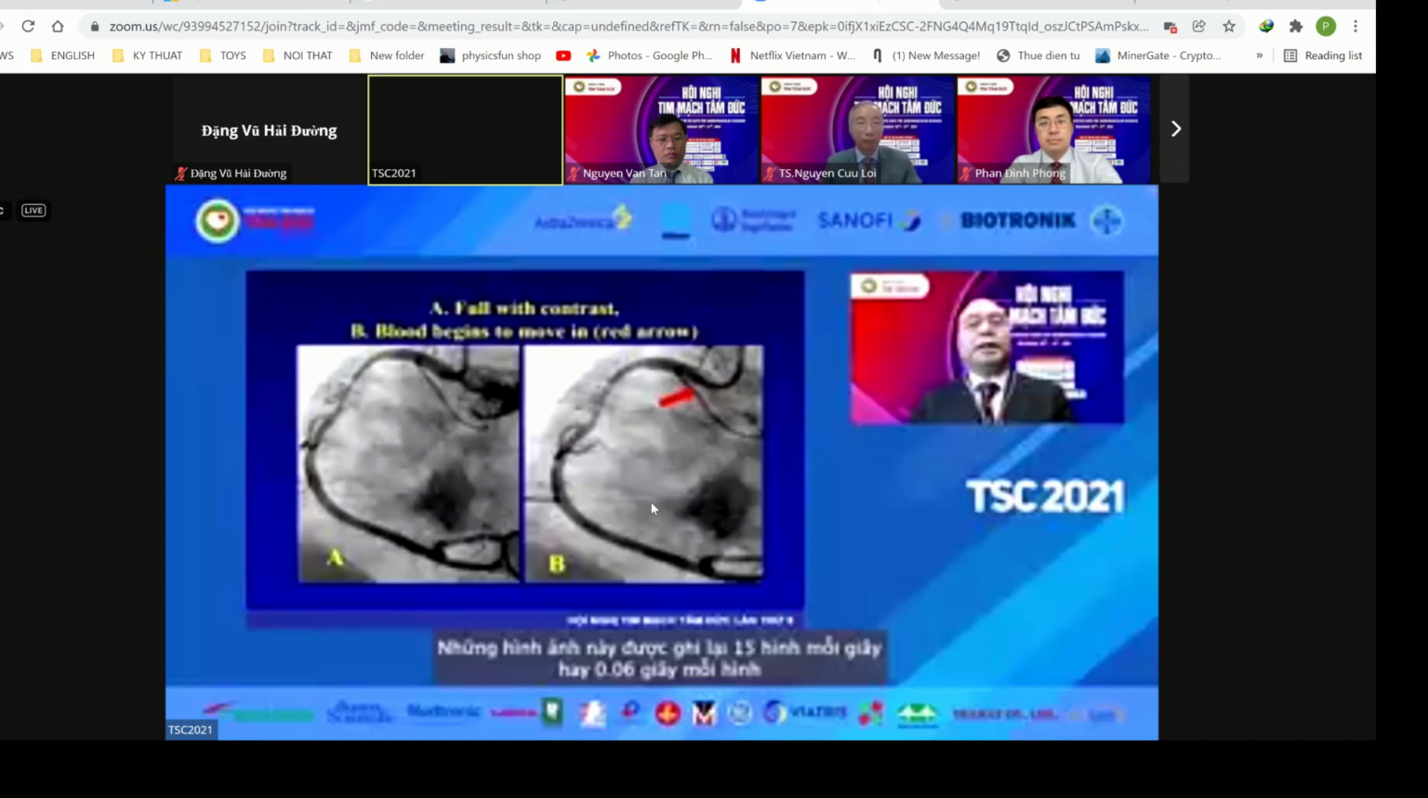More, the blood moves forward at the white arrow. Please remember these are consecutive images, 0.06 second per image, or 15 images per second. Now, the next one, we see the reverse flow due to